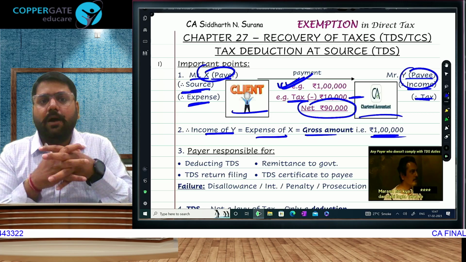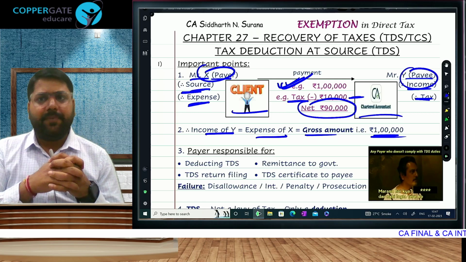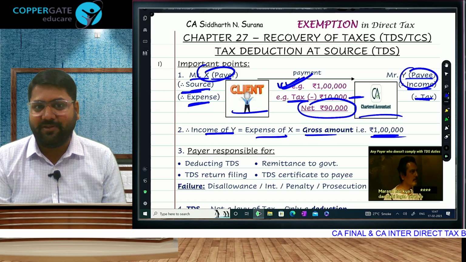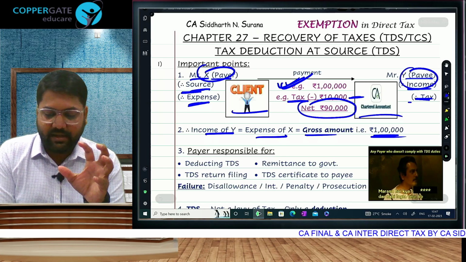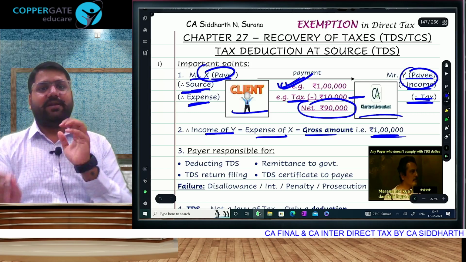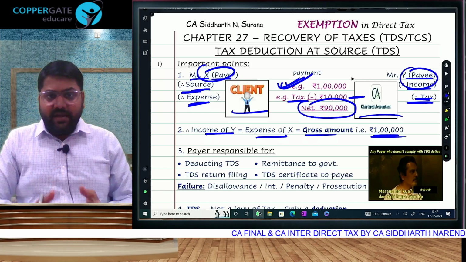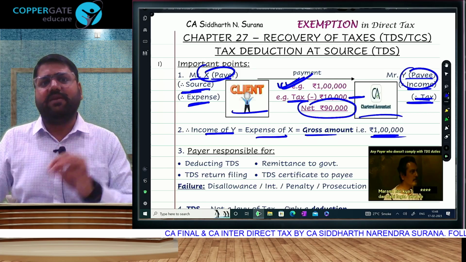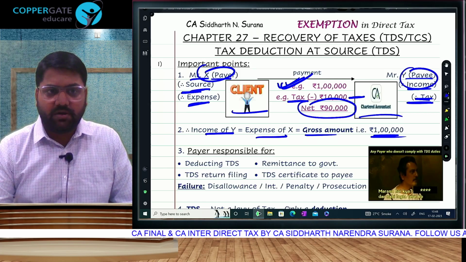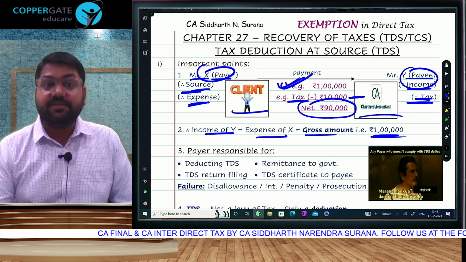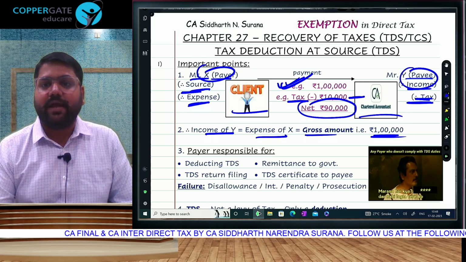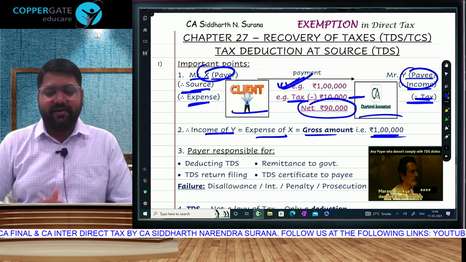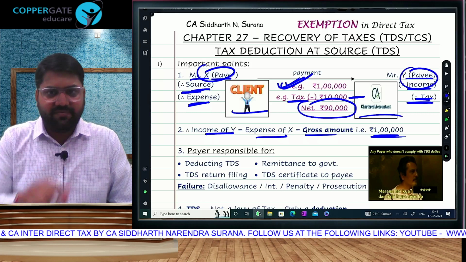This will help a matching of transactions between payer and payee, because in order to get this 10,000 back from the government in the form of credit, look, if there is liability, then we will reduce the liability by giving credit of 10,000, and if there is no liability, then this 10,000 will be refunded to Mr. Y. In other words, the government will give Mr. Y this 10,000 back, but in order to get it back, Mr. Y will have to first offer 1 lakh to tax. Only if he declares that income of 1 lakh, then and only then is he going to get that credit of rupees 10,000. That is why we have TDS.